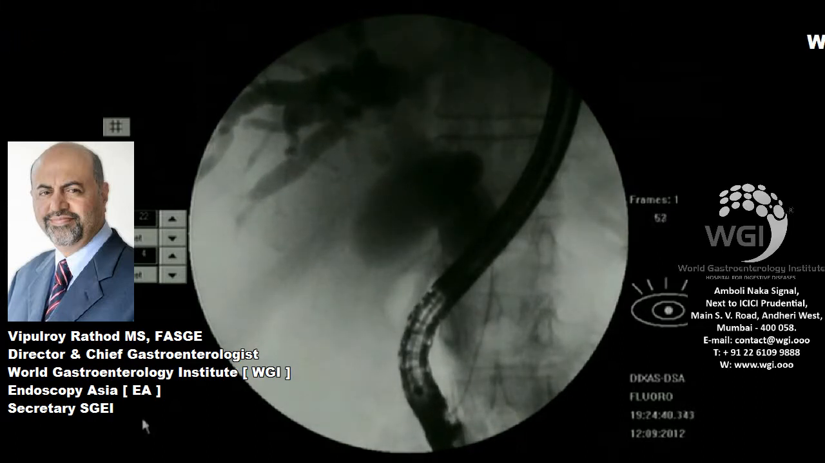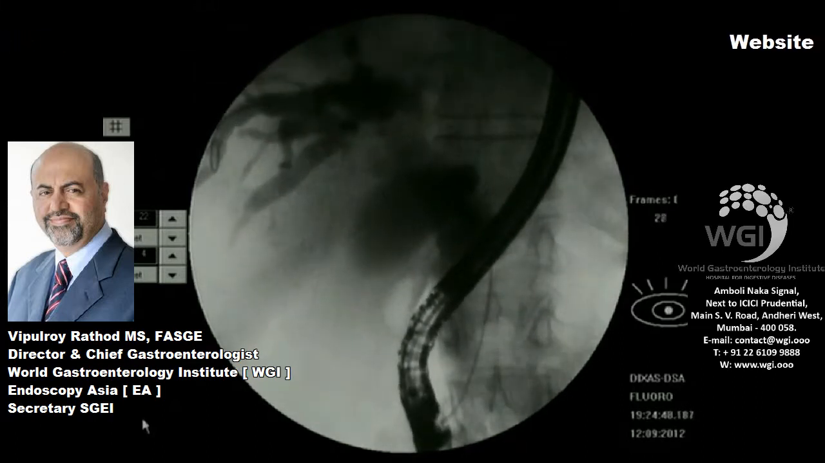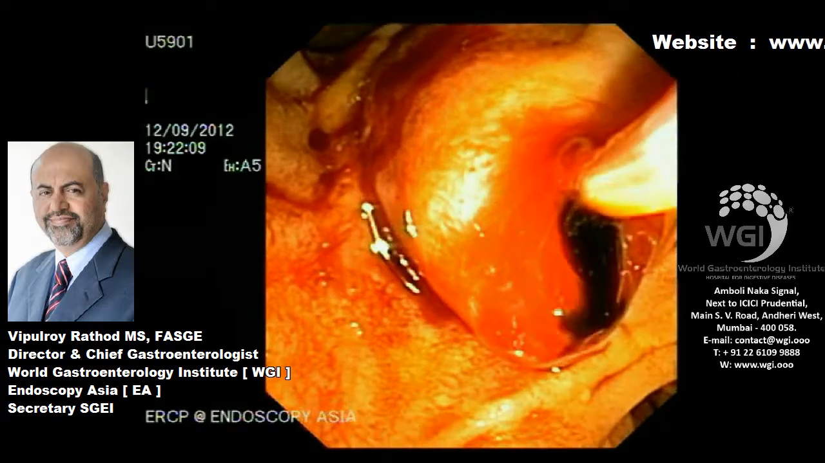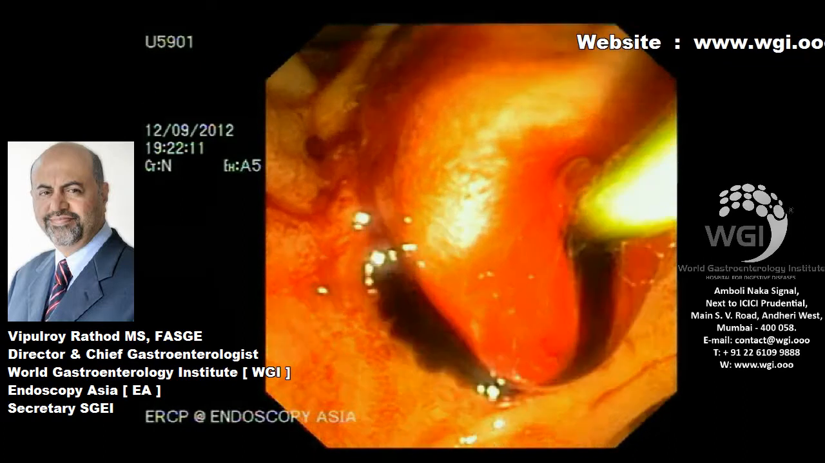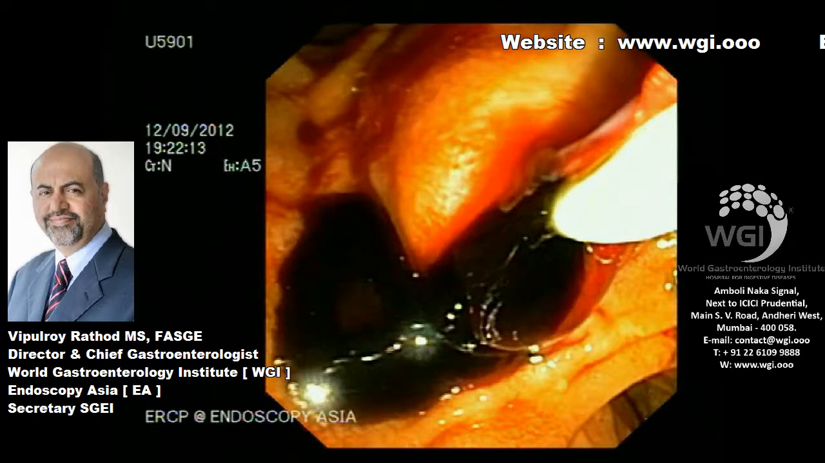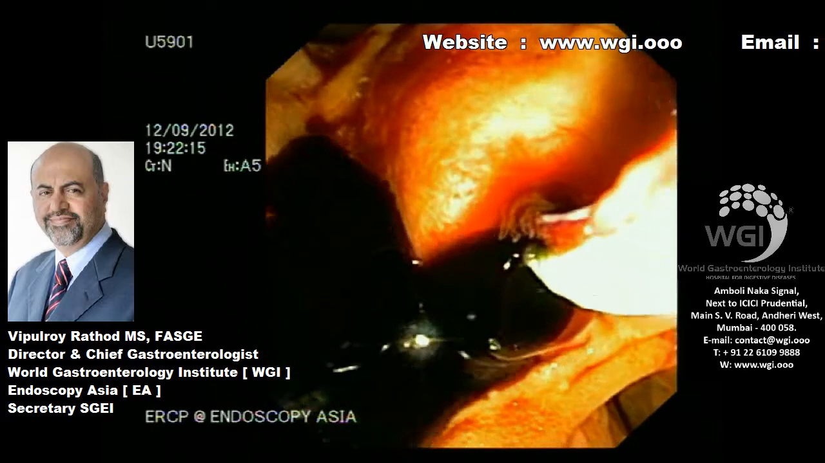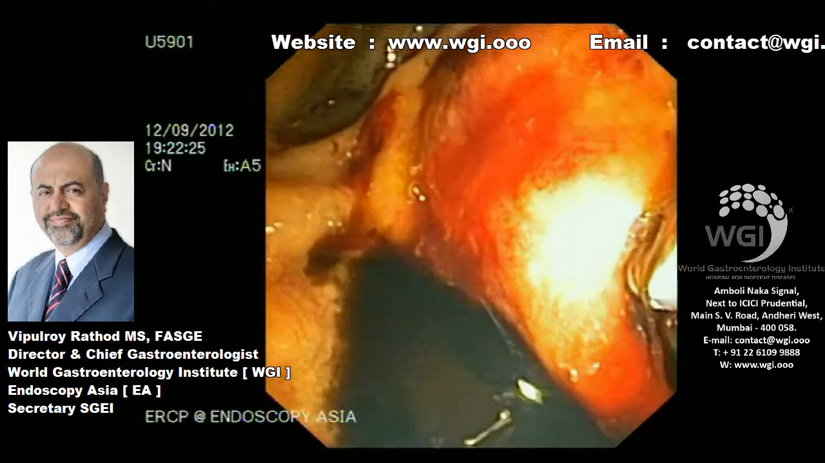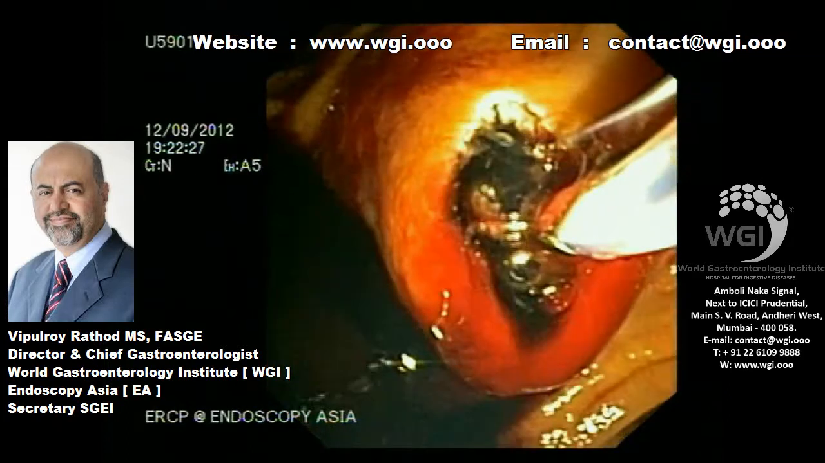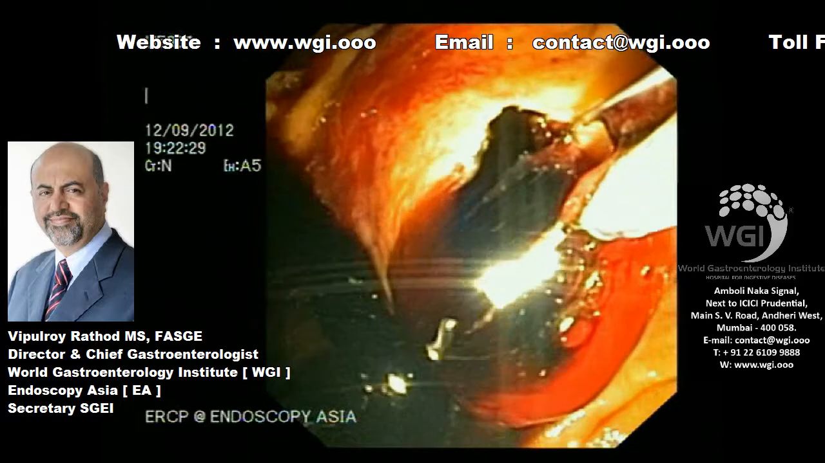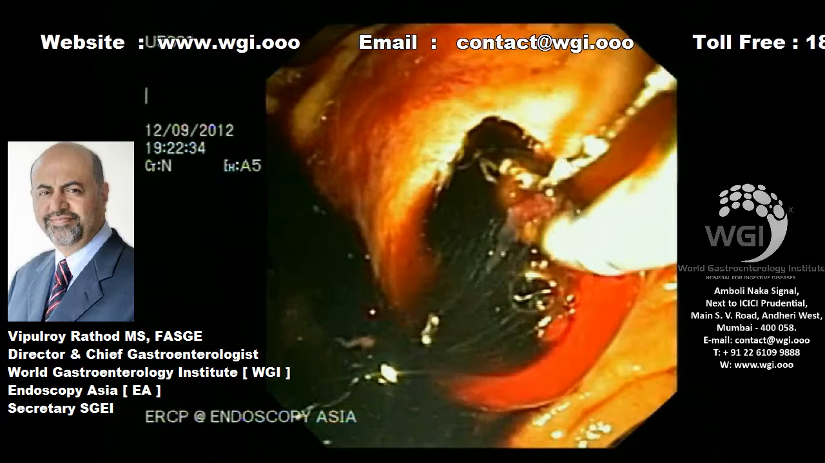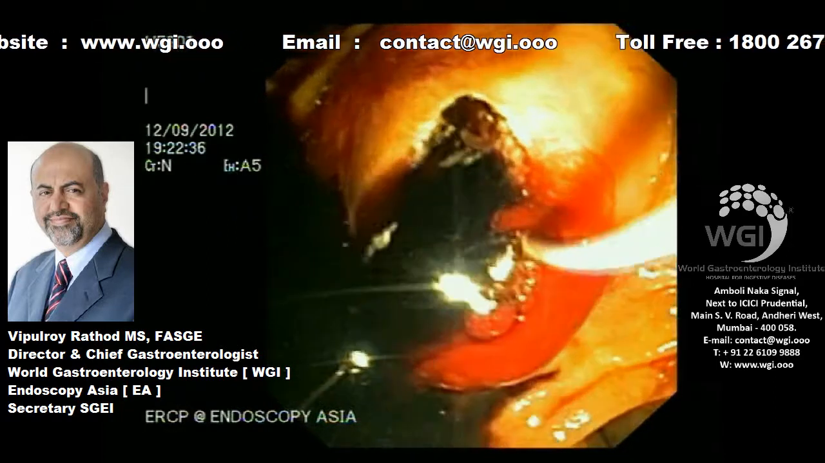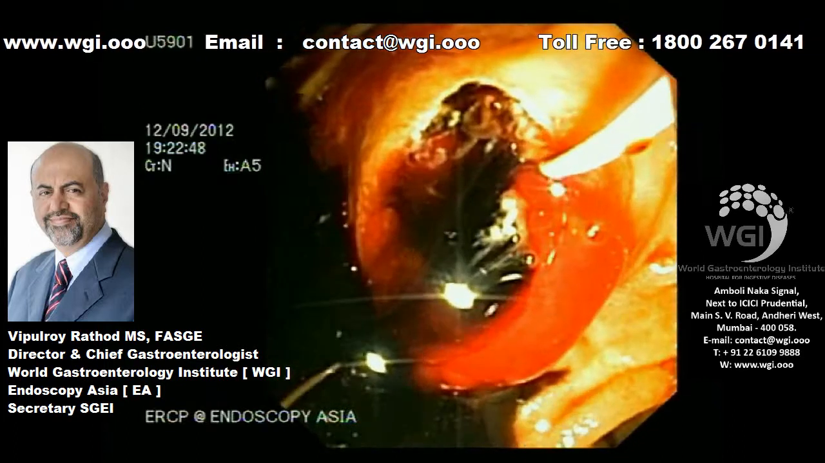So now we have already done EUS FNA. We will now complete the sphincterotomy. This is a partial sphincterotomy. You can see dark bile draining. So I'll extend the biliary sphincterotomy to push a stent. You can see dark infected bile being drained, and after the biliary sphincterotomy, we will go ahead and